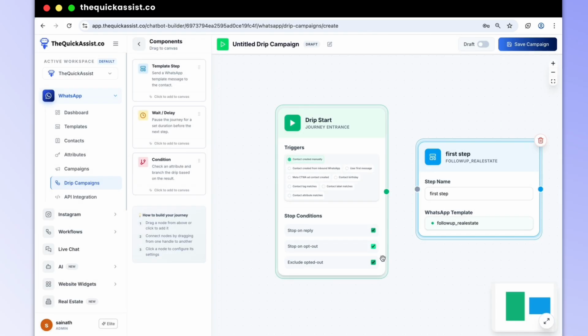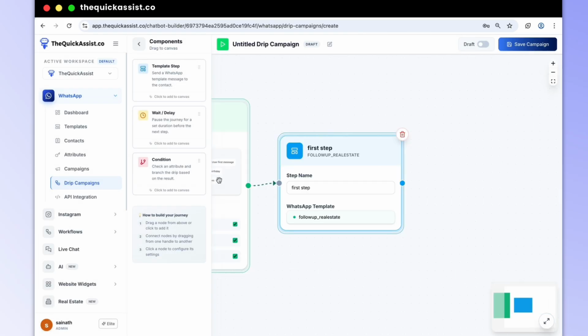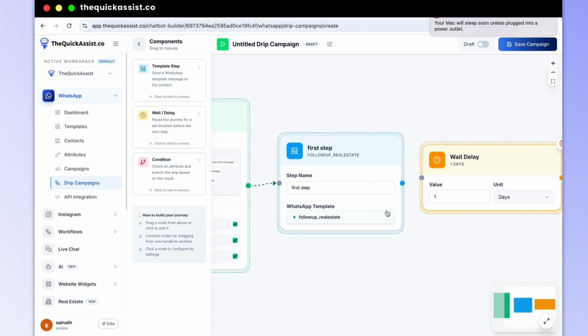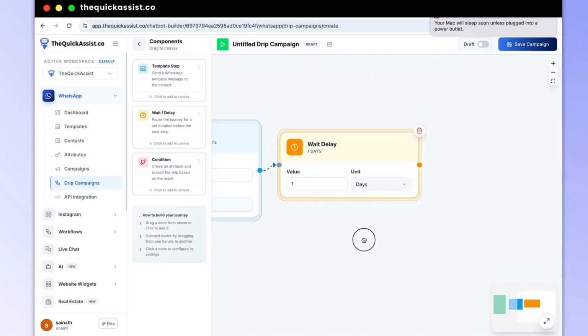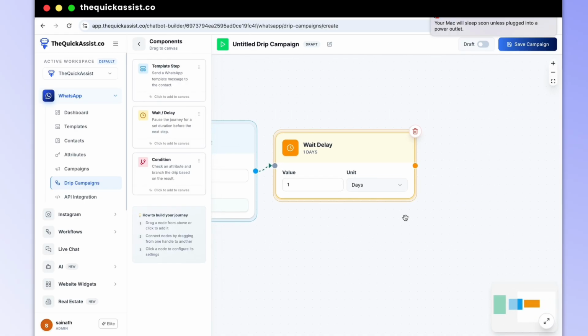Click on use template. After doing this step, the next step is to add a wait and delay. Now we can add the wait and delay step. Example, one day delay. This means the system will wait for 1 day before sending the next message.